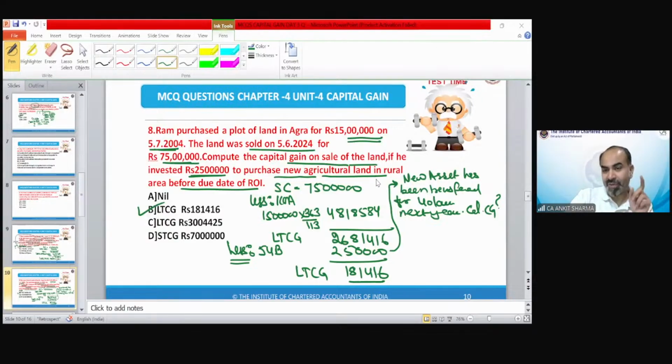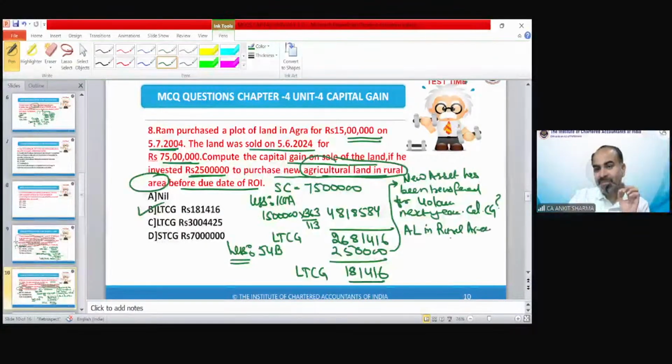The asset we are transferring, this asset we are transferring. And what was this asset? This asset was agricultural land in rural area. So we have violated the provision. The provision was saying you cannot transfer it within 3 years. And we transferred it. But you didn't get it. What we transferred? We transferred agricultural land in rural area. And that is not a capital asset. As per the definition of capital asset, agricultural land in rural area is not a capital asset. So even if you violate the provision,